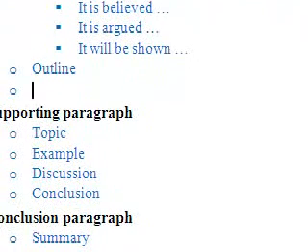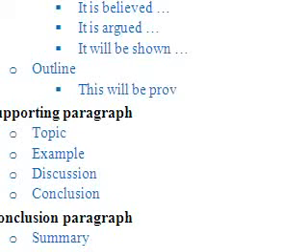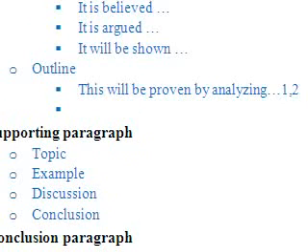Now finally, when you get to your outline sentence, this is where you want to bring up 2 points that will support your thesis. So we might start this sentence by saying something like, this will be proven by analyzing, and then we'd go on to state point number 1 and point number 2. So this will be proven by analyzing this and this,